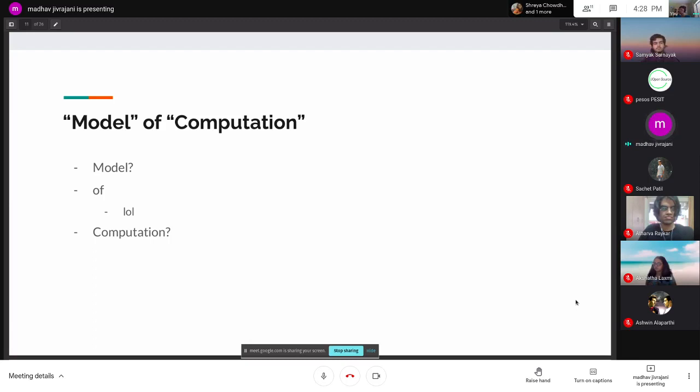So that's what you're basically moving from. So you're moving from a state of data to a state where you have more actionable or more usable information. And we know what that means. So that's what a model of computation is, and we'll see what model of computation we'll be using for today.